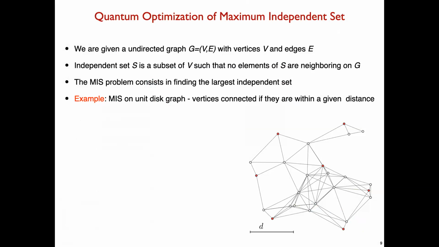this Rydberg blockade is actually intrinsically connected to one hard combinatorial optimization problem, which is called maximum independent set. In this problem, you're basically given a graph, which has vertices connected by edges, and you would like to color as many vertices as possible, for example, color them red, but you are not allowed to color two vertices which are connected by an edge. So basically this MIS problem essentially involves finding the largest number of vertices you can color. What is shown here is an example MIS problem on a unit disk graph,